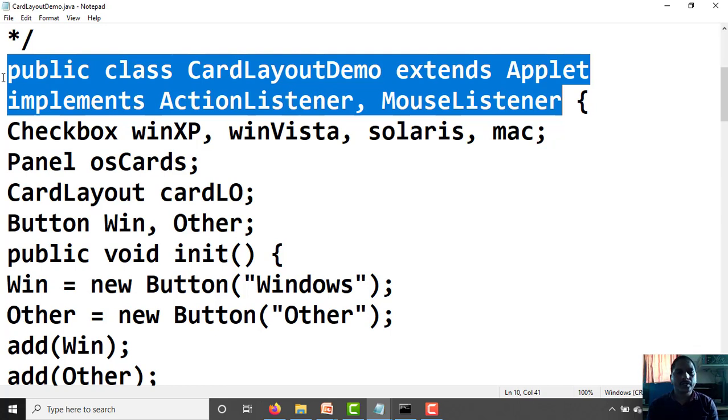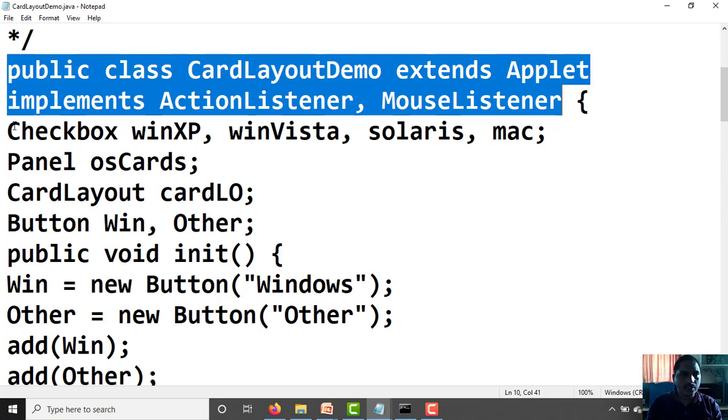So in this program we have handled these two types of events, so we need to implement ActionListener and MouseListener. Open curly bracket, open the class.